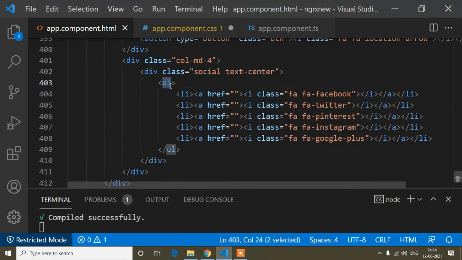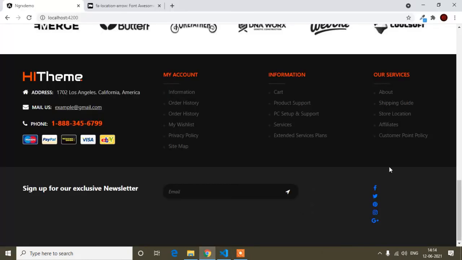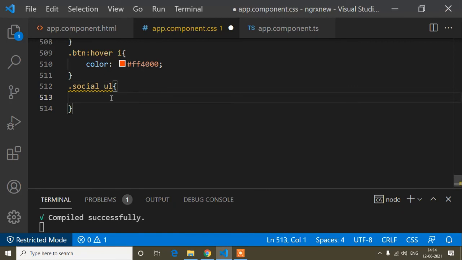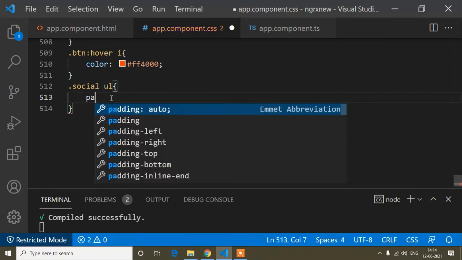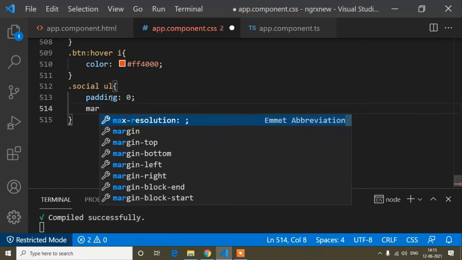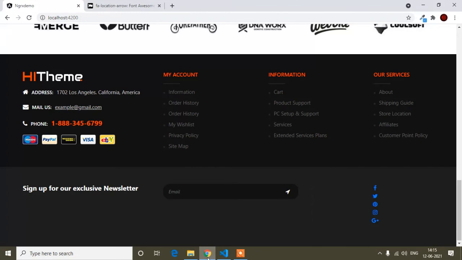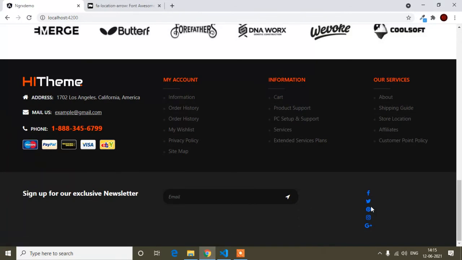First of all this UL, so here this one UL. Here I don't need the padding and margin of this UL, because you can see it has added a padding on this UL tag. You can see there is a little too much space. So just here I will write padding. So padding is 0 and margin is also 0 first of all. So you will find the padding and margin will be removed. You can see it has removed the padding and margin.